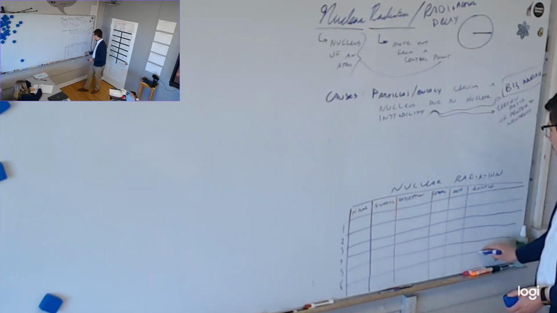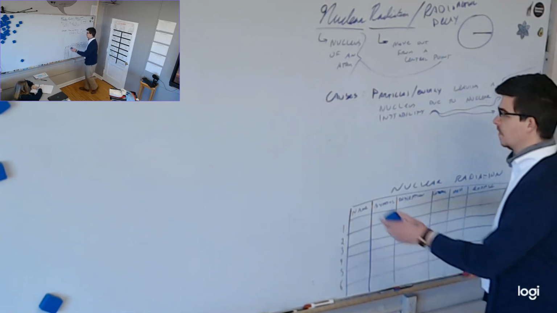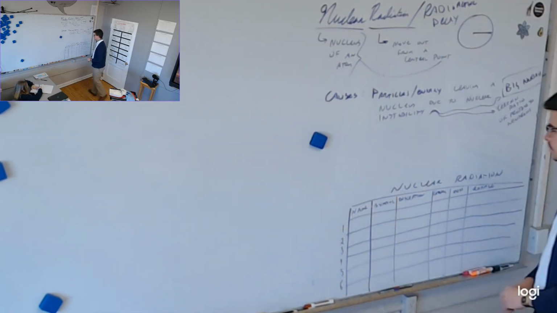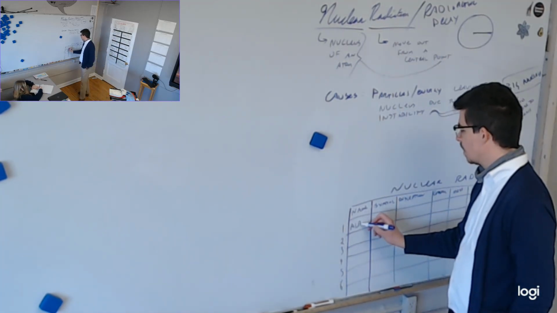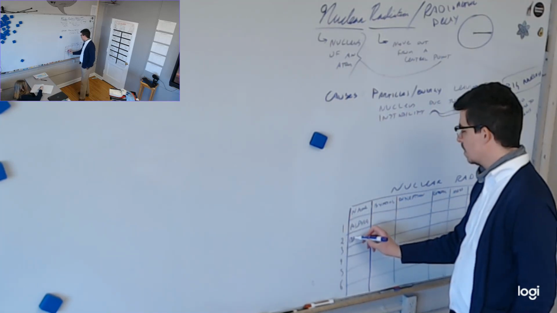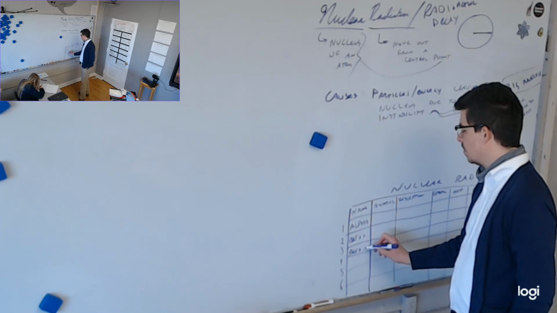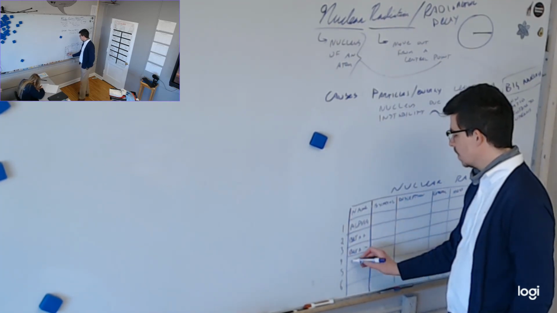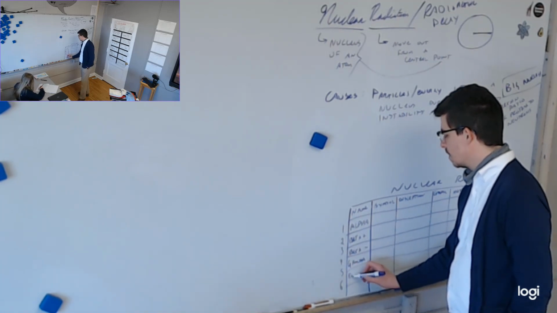This turned out pretty well. Perfect. So, okay. Let's do it in this order. Alpha, beta plus, beta minus, gamma, electron capture,